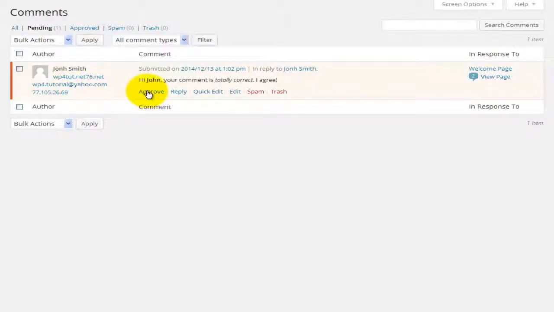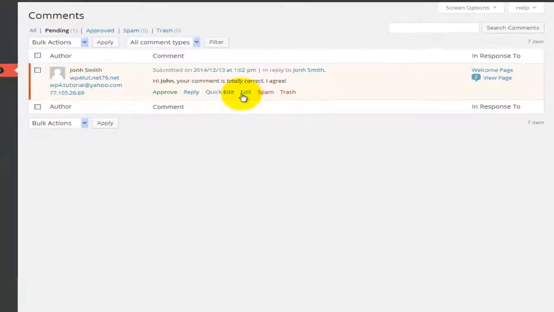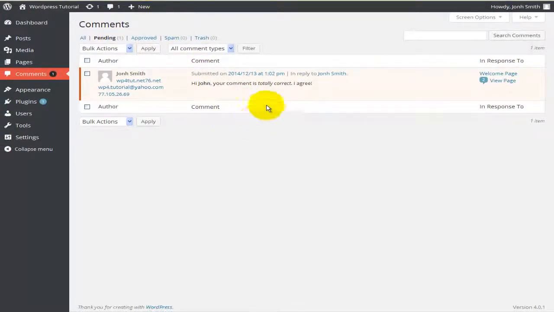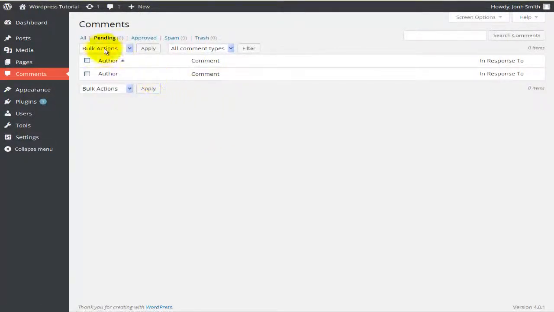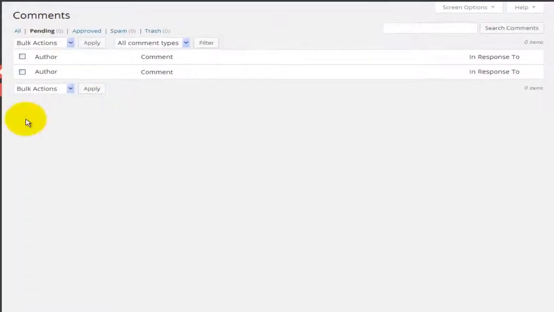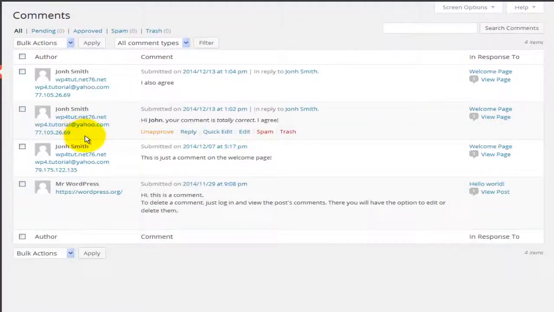The options here are approve, reply, quick edit, spam and trash. Alright, so sometimes you will get a message like this and you will have to approve it. Once again, this is basically dependent on what kind of settings you have set here, whether you would like the administrator to approve all the comments before they're submitted, or they can be submitted straight away without any approval,